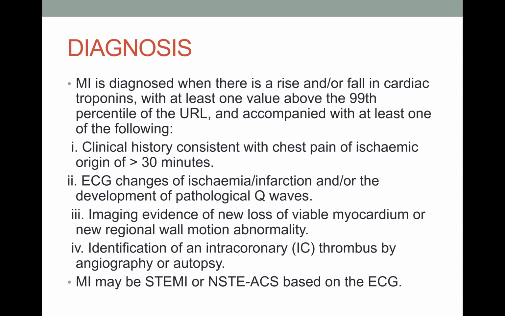And the old criteria used to be it has to be 2 out of 3, kan. History, ECG changes, and cardiac enzyme. Now they're more specific to troponin. So it's troponin plus history or clinical signs. And the other one he mentioned is specific thrombus and so on. So it's not just troponin, it's troponin and something else. So you have to have other features to say that it's MI.